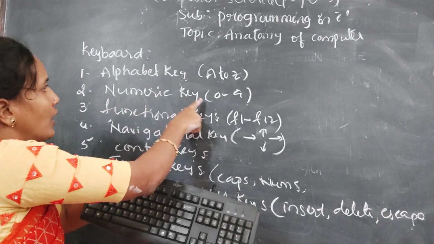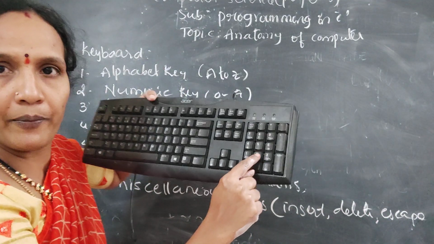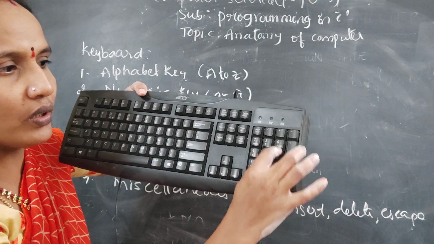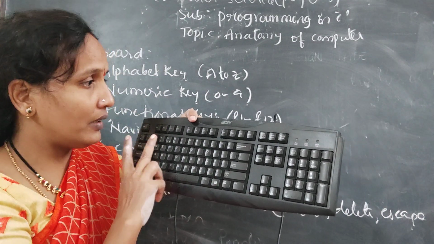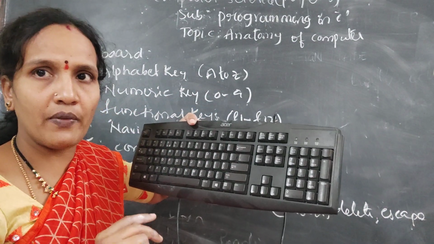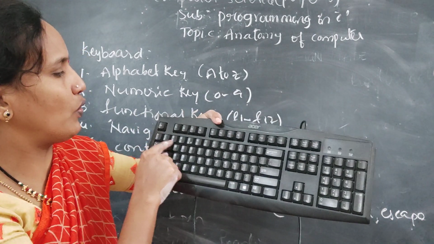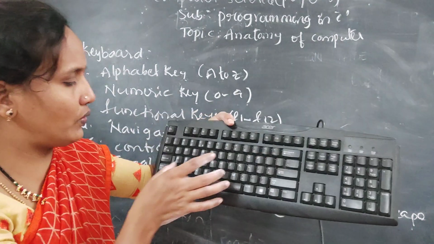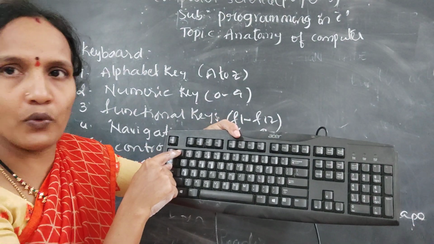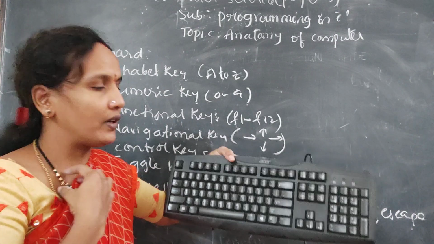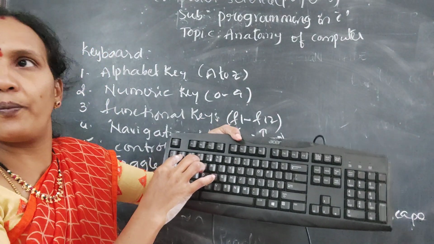What is the next one? Numeric keys. These are the numeric keys. See, 0 to 9. Whatever keys you have from 0 to 9 will come under numeric keys. And on the keyboard, in two places you have numeric keys. This is a numeric key here, and here at the top also you have. But if you want to use the top one, you should use the shift key. The upper one you will get as it is. No problem. You do not need the support of any other key. But in case of the lower one, you need to use shift and this one.